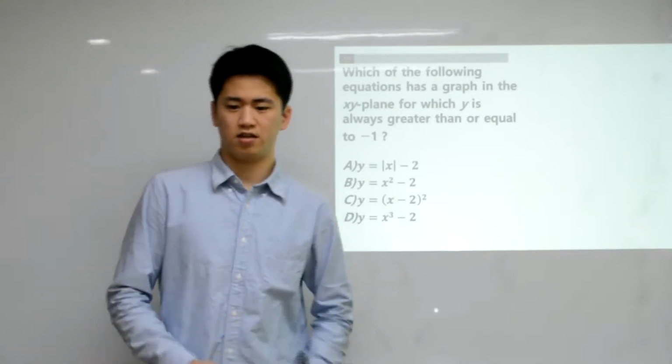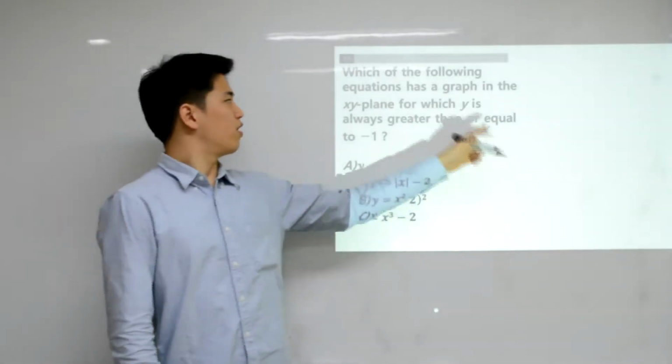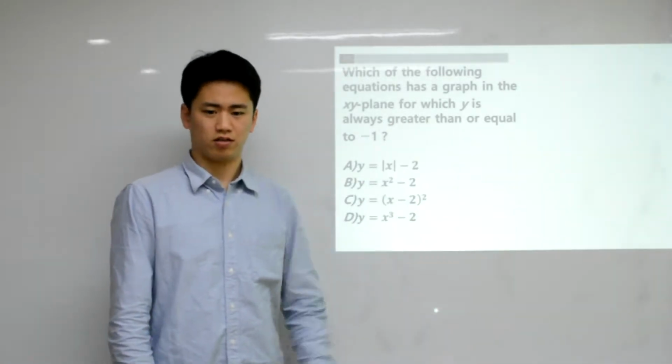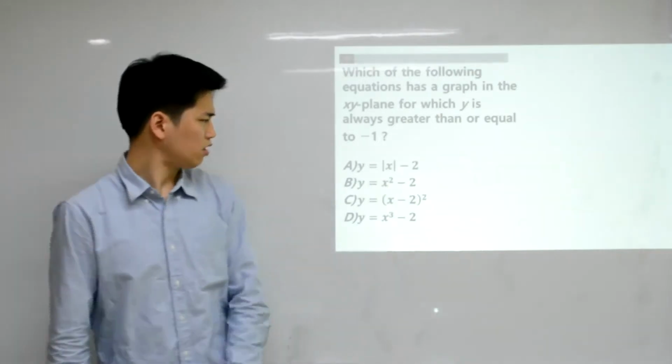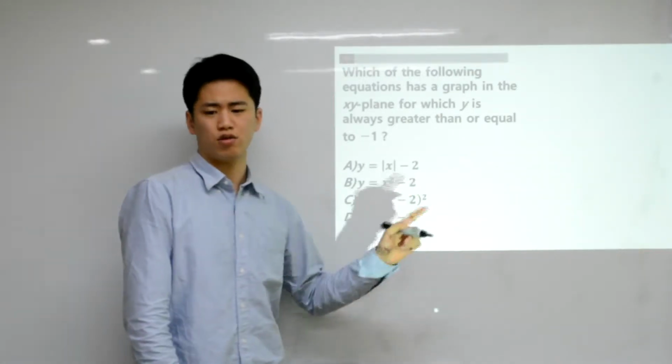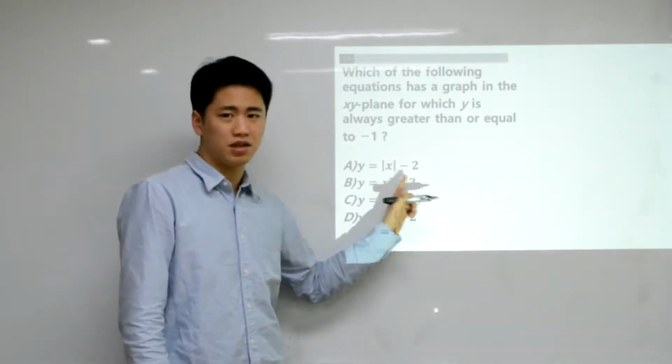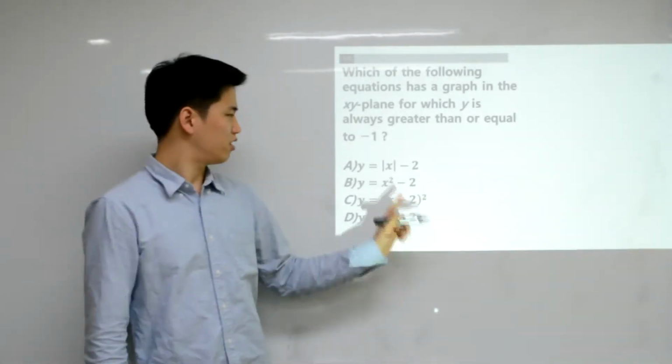So for number 10, which of the following equations has a graph on the xy plane for which y is always greater than or equal to negative 1? So we know that the absolute value is always greater than or equal to 0, and that the absolute value of x equals 0 when x equals 0. That means that